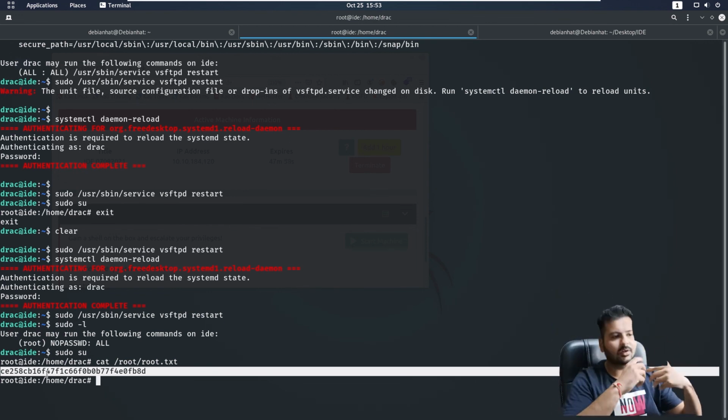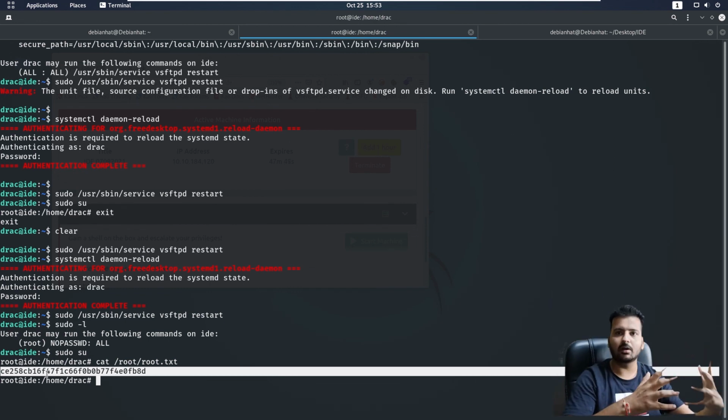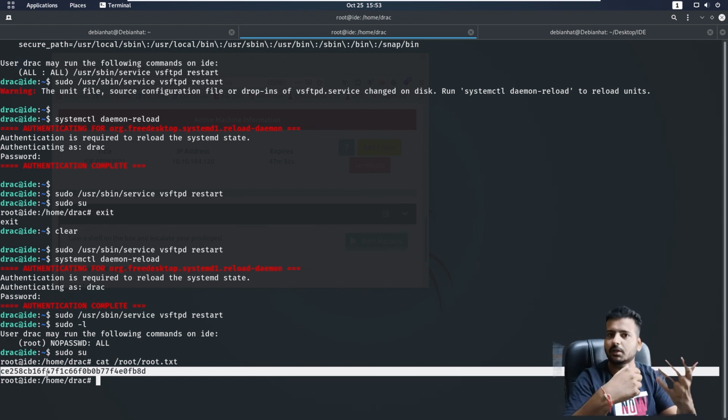You have learned a lot of enumeration skills, wherein we started with a normal enumeration of nmap scan. Then we got to know we could not get much from the normal nmap scan. We had to scan all the ports from 1 to 65,535, all the ports. There it went, and we got another service that is running, that was Drupal out there. Then we tried to exploit Drupal using a publicly available exploit.